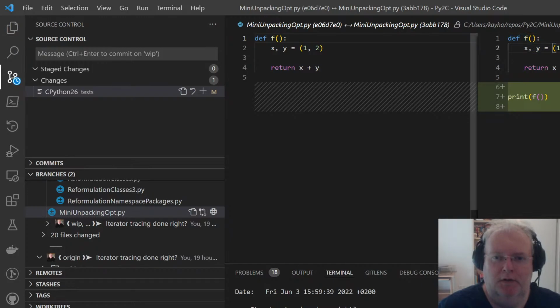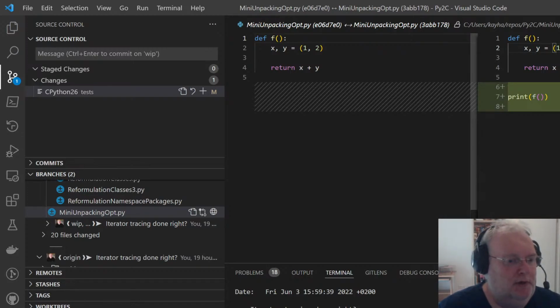So what existed was some old iterator tracing, and this iterator tracing basically took note when an iterator was created, and then every time something was taken out of it, it would take note and increase a number and decrease a number. At the very end of a tuple unpacking, you check if the iterator still has values.